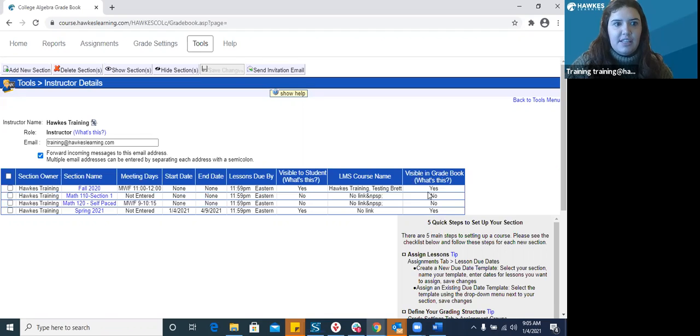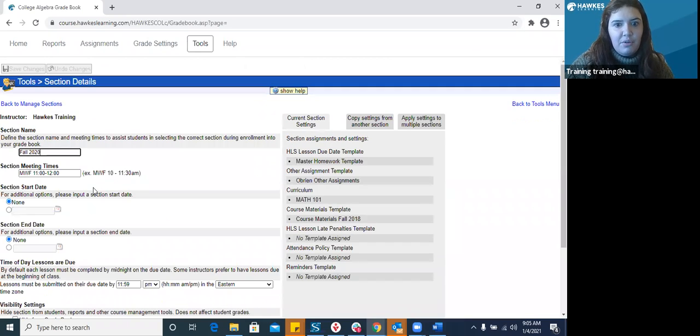So you can see that my fall and my spring are visible, but these other two sections no longer are, along with visible to student, only the fall and the spring are visible. So in order to go ahead and change that, I'm just going to click right on the section name to go in and edit it. And here you can see my section